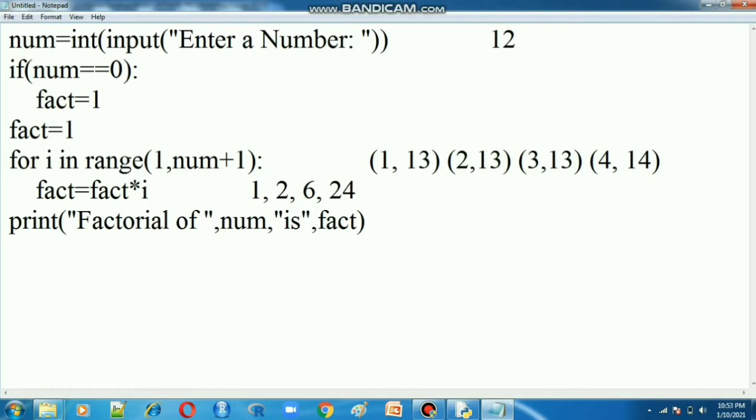Now it will print the fact value, 24. Next, one value will be incremented. So the start value will be incremented, 5 comma 12, sorry, 5 comma 13.